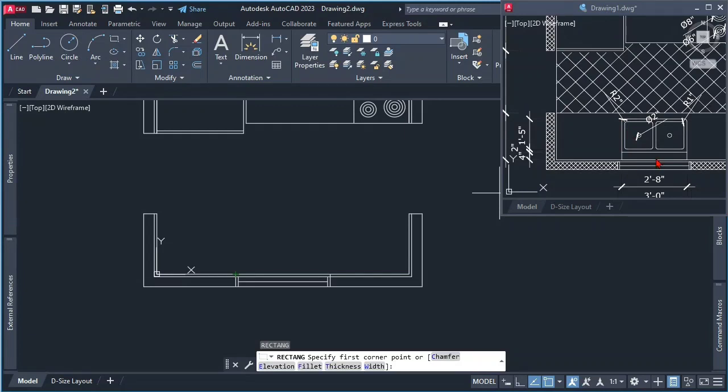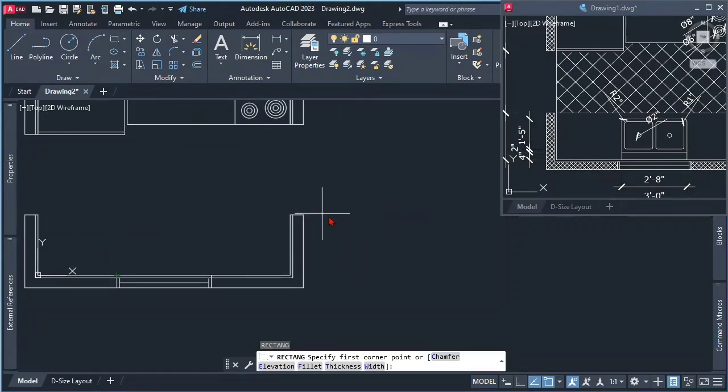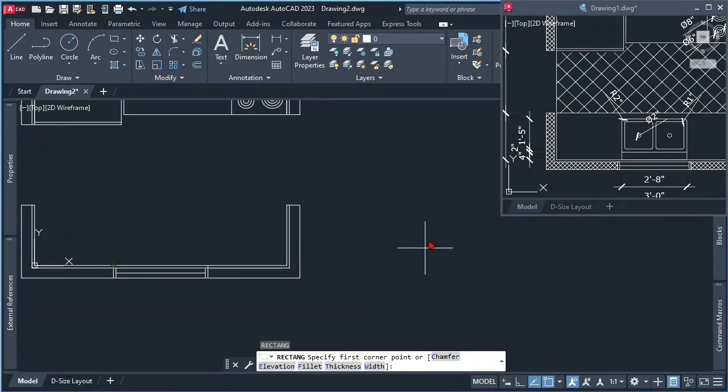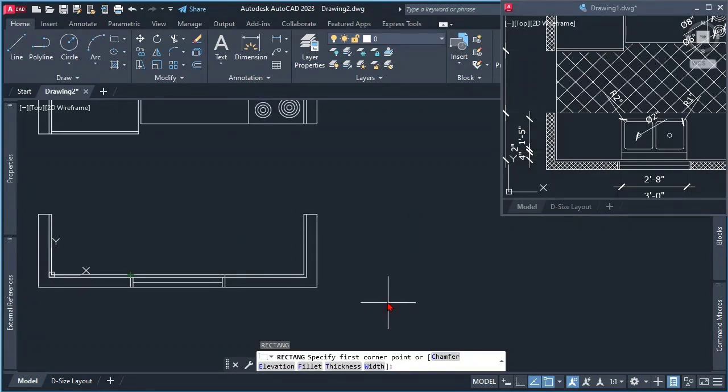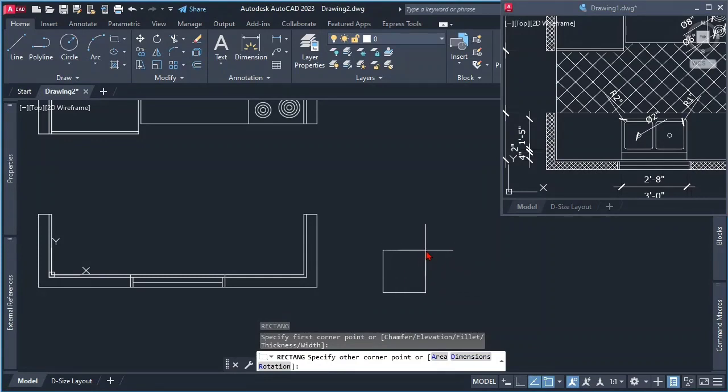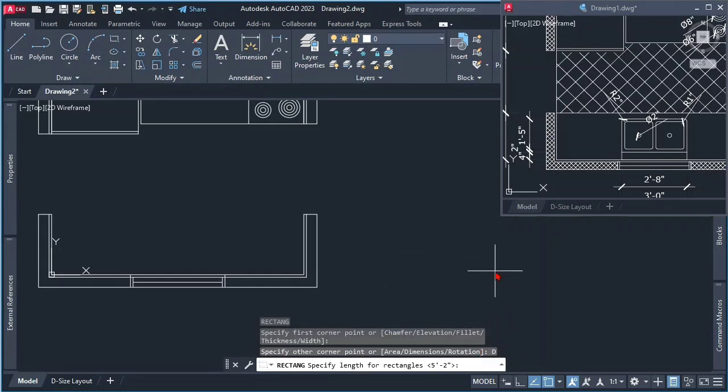But we know it's exactly in the middle of this window. So then in that case, let's draw it into the side, because again, we don't know the coordinates where this sink start or this rectangle. So that's not a problem. We can still place it exactly on the correct location. So let's click for starting our rectangle,